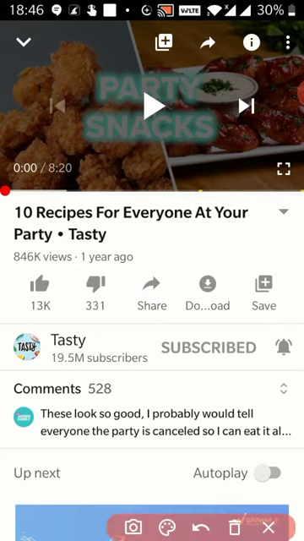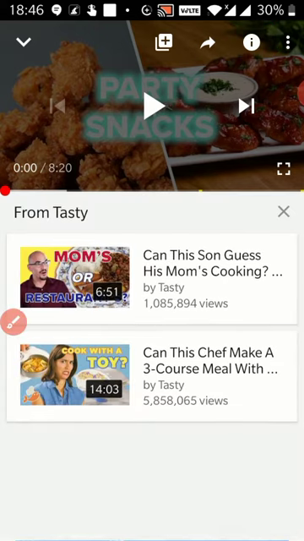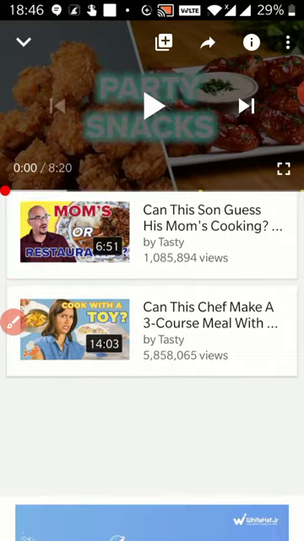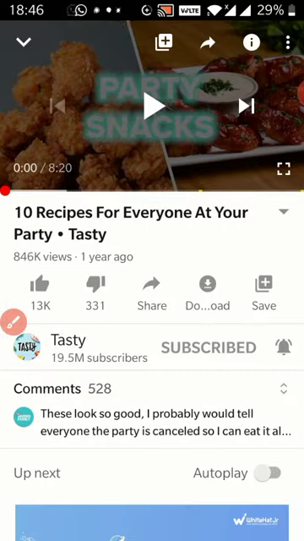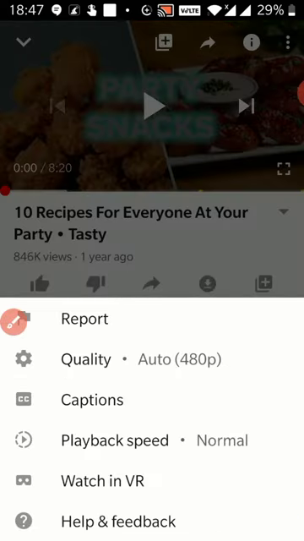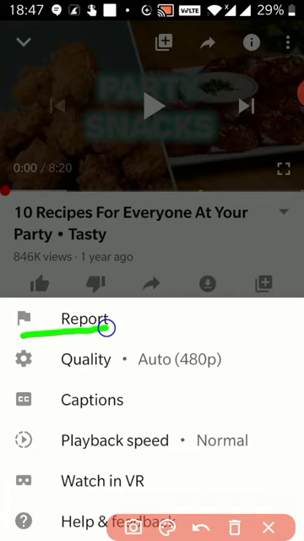The next option is the information option. It's an eye in a circle. When you click on that, you will get all the videos that are related or by that channel. So you can just view the videos from that channel. Next you will find 3 dots. These are not the same options, but the 3 dots will give you reports. If you don't like this video, you want to report it to YouTube, you can report.